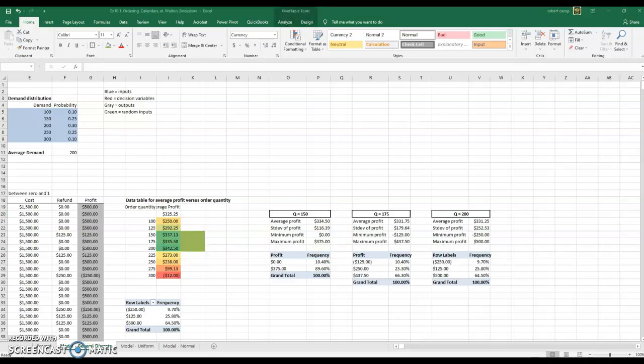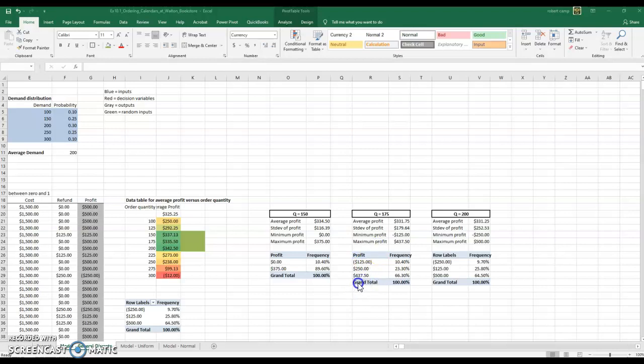So now, if we go and look at this, we can see a little bit more data about what's going on. So right off the bat, we can see that with our Q equal to 150, we're going to be making a profit about 90% of the time. And there's a 10% chance that we'll make no profit at all. So as Q, our order quantity, increases, our top end earnings increase. But also our bottom end risk also increases. And as you can see, our standard deviation is going up as we order more. And that's to account for the wider bottom to top